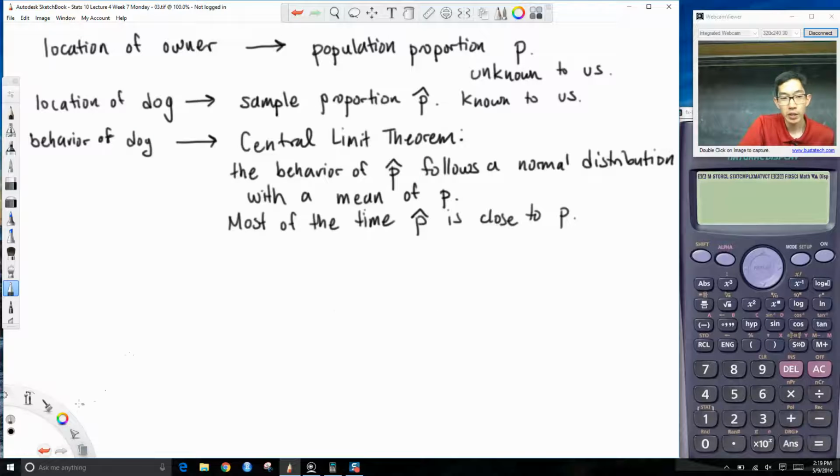So now, our sample has proportion p hat, okay, we can say